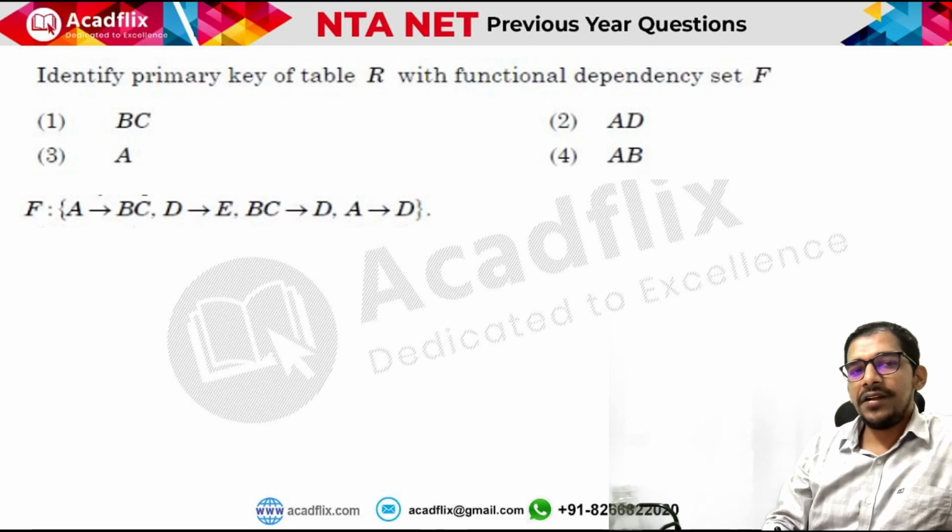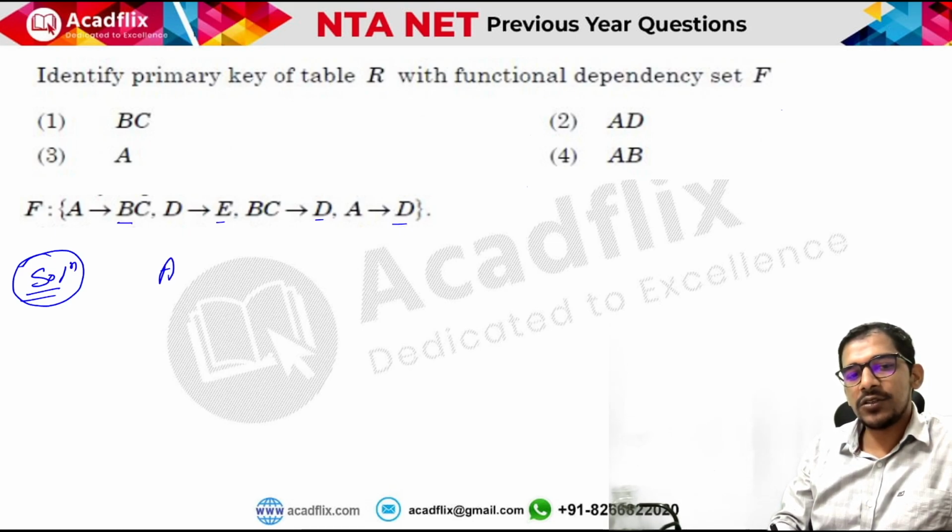Now this is asking to identify the keys of the relation R. A very good method of finding the keys of a relation is this. How to start checking for the primary key? The trick is that you take one attribute which is not in the right hand side of any functional dependency. You see a is not in the right hand side of any functional dependency. b is there, c is there, d is there, but a is not in the right hand side, so a will always be in the primary key or candidate keys.